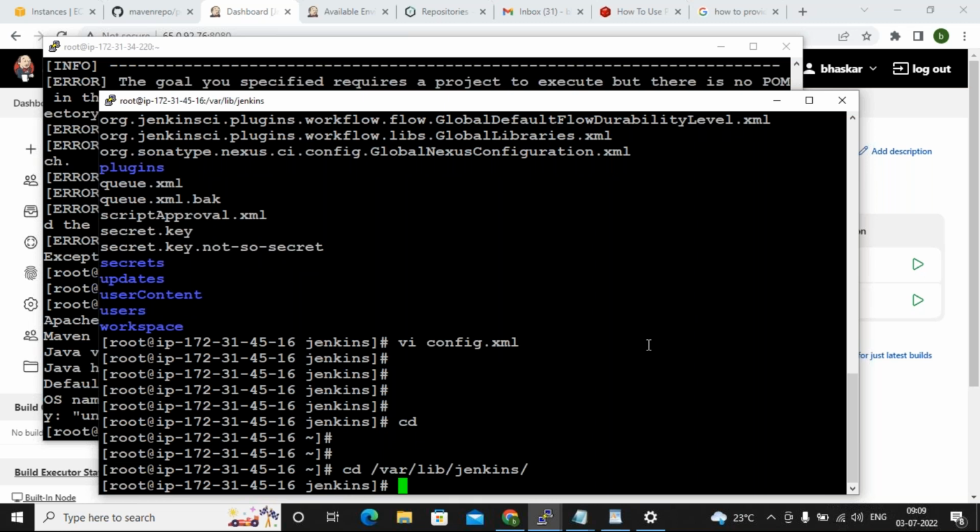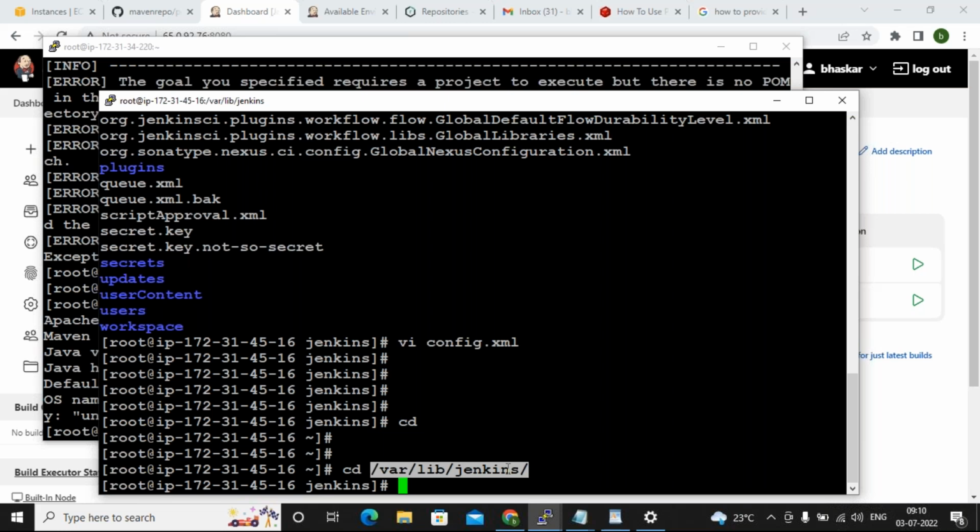The entire configuration is in this folder, whether job related or Jenkins configuration. If you take a backup of this folder, if you copy this folder somewhere, okay, it will be good. Daily once, or whenever you change your configuration or job configuration, you can take the backup. What is backup? Copying. You can copy this entire Jenkins folder to some other folder. Okay, daily backups will be there. In that way, if there is any problem, I can just restore the older file in place of the new file.